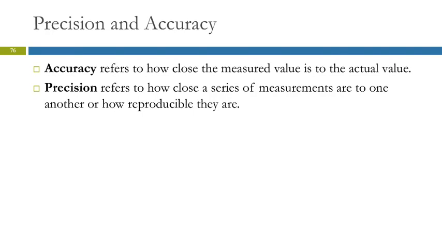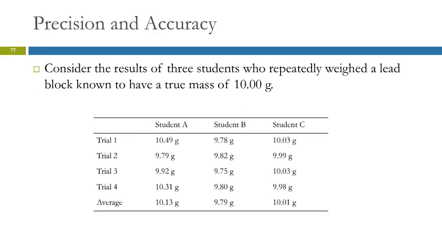Precision and accuracy. These are different concepts. Accuracy is how close the measured value is to the true value. And precision refers to how close a bunch of measurements are to each other. Consider the results of 3 students who repeatedly weighed a lead block known to have a true mass of 10.00